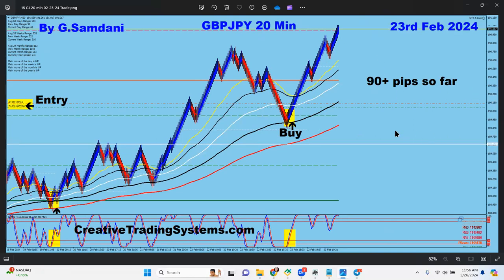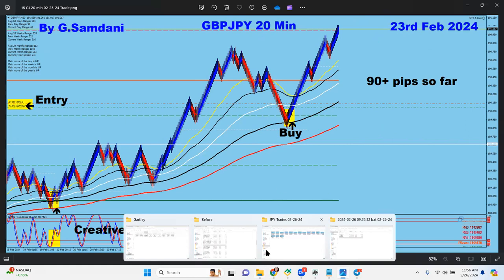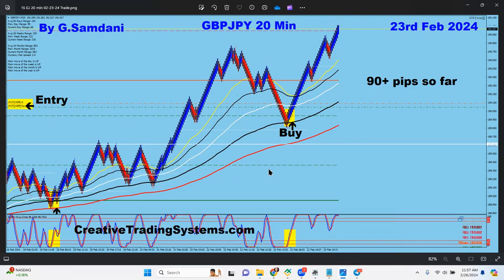So these are the few trades, and actually today also I had a trade, and I think it's on my desktop. I couldn't add this in here. Let me see if I can, is it here? No, it's on the other computer. So today I closed another trade, and I will post it later on. So pound yen, so far like 15, 16 trades within these 24 days from February 1st when I made the